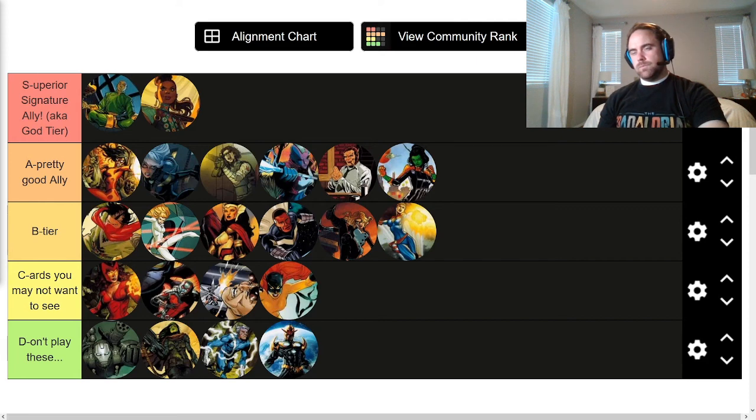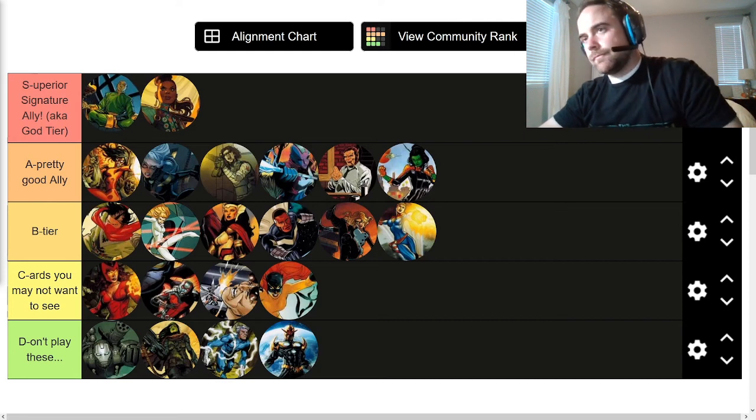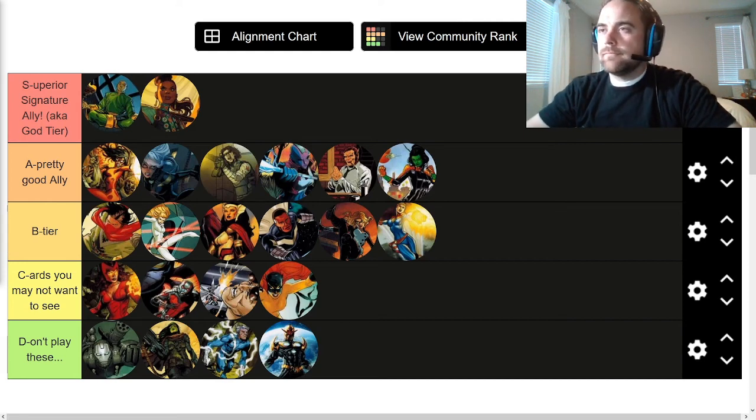So now I got to decide Wong or Shuri. This is hard. Theme, A plus on both. Quality, A plus on both. Fit, A plus on both. Am I willing to have 2 god tier signature allies? I mean, realistically, when we have 20 more heroes, there's got to be more than 1, right? But for now,